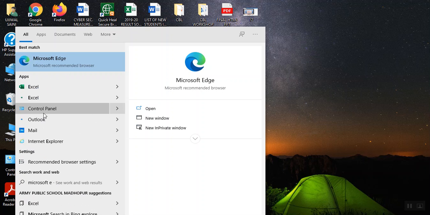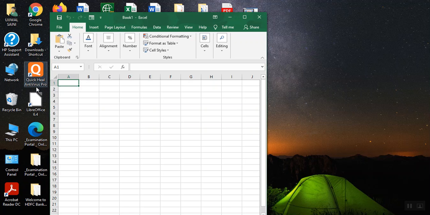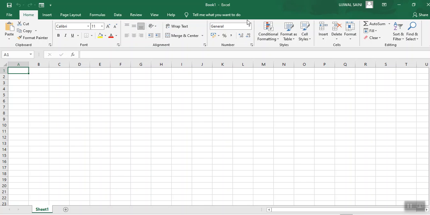When you type Microsoft Excel, it will show you a few results and you can click on Excel from that list. Once you click on it, your Microsoft Excel software gets opened, and this is the view of the Microsoft Excel